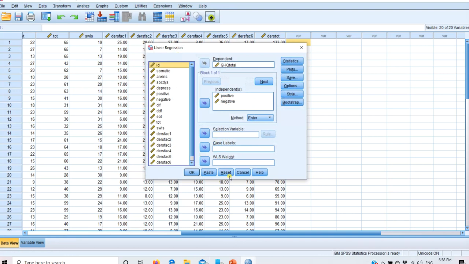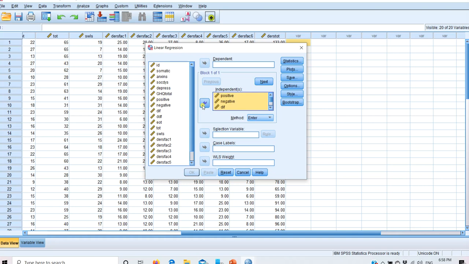I am resetting it. Then we will select the predictor variables of interest, those variables for which we are interested in identifying multivariate outliers. Again, I am moving it here. We are interested in positive effect, negative effect, and these are the three dimensions. So I have wrongly selected one extra variable. So these five variables we are interested in.